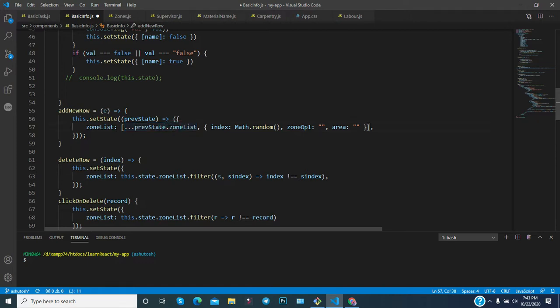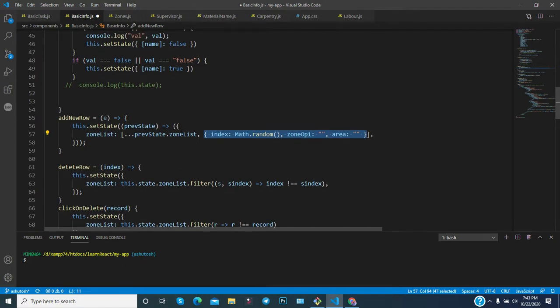This is another array, and it contains the previous data, plus you are adding another, empty, data. So the previous data gets copied, and one new object is added to this array.